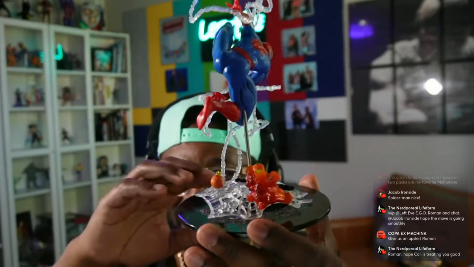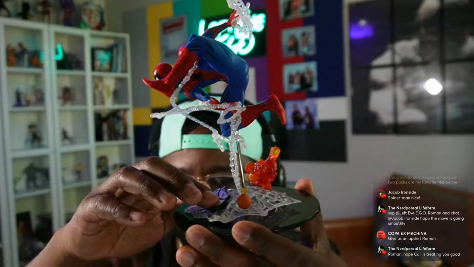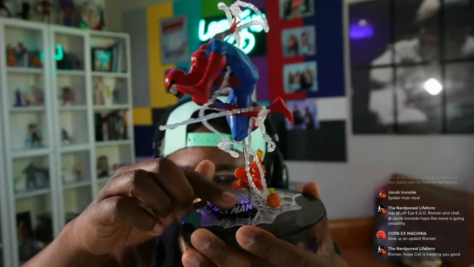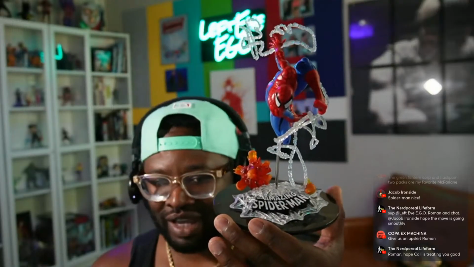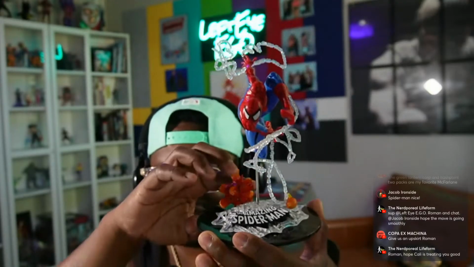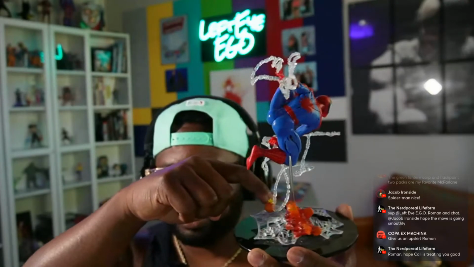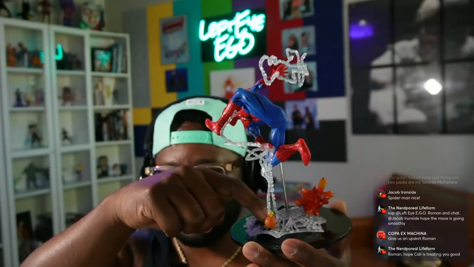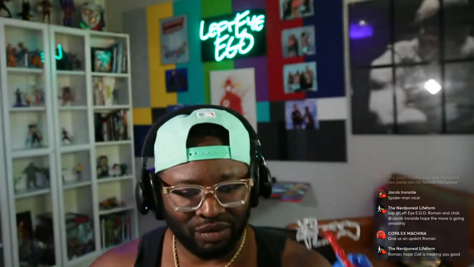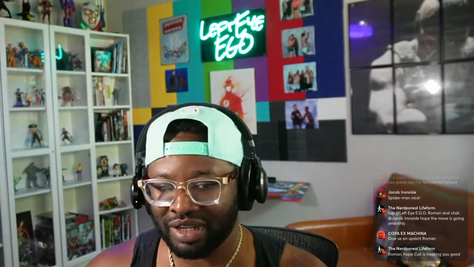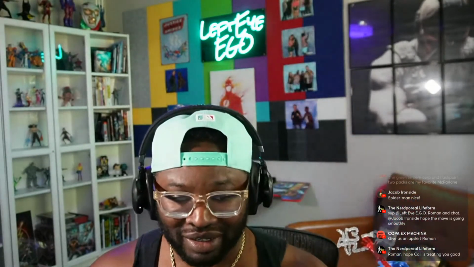It's got, I think it's either the Hobgoblin or the Green Goblin's exploding pumpkins here. But overall, it's fantastically articulated. And for $10, I can't beat this. And look at that. Articulate his ass too. So Spider-Man's got an absolute dump truck. Spider-Man does leg day. But yeah, again, $10, dude. I think on the next clearance they do on this, check and see if it's there, because it was only like $10 when I got it. $15 with shipping. That's nuts.